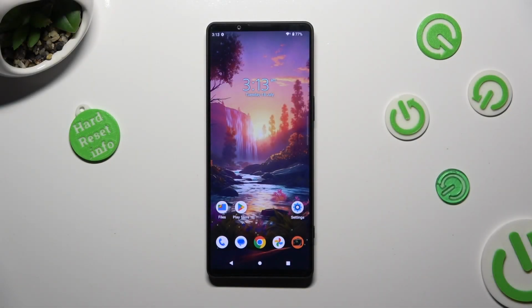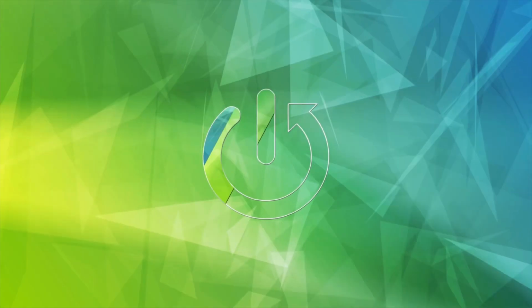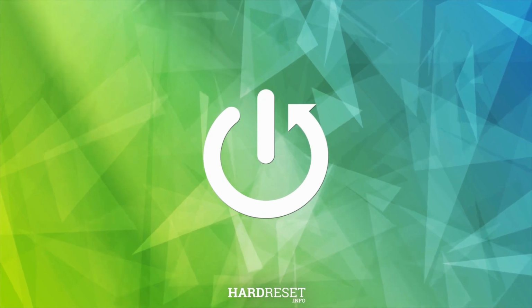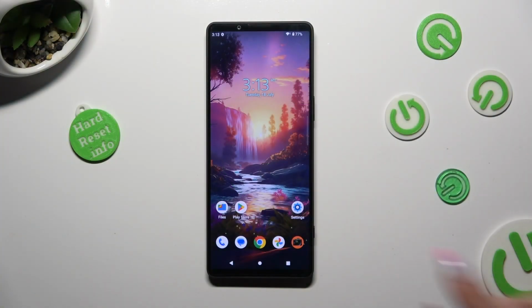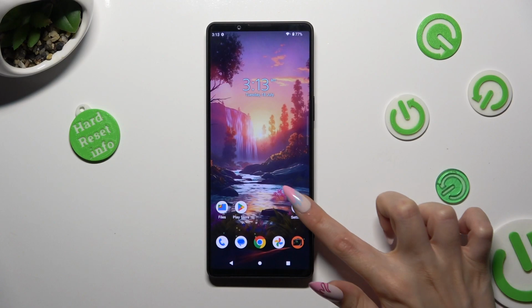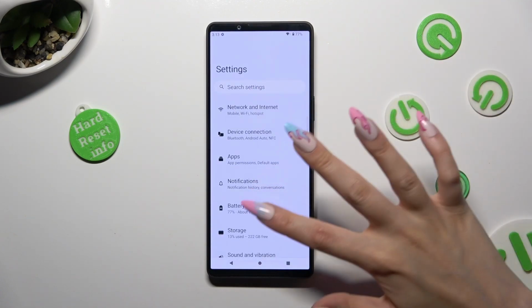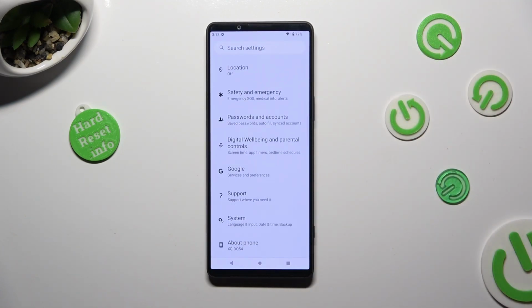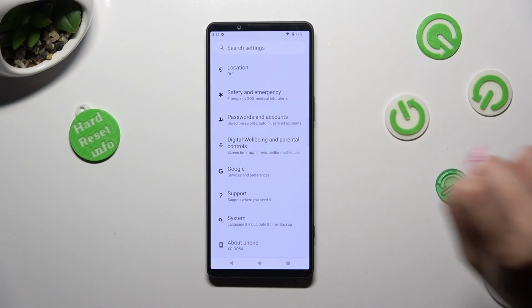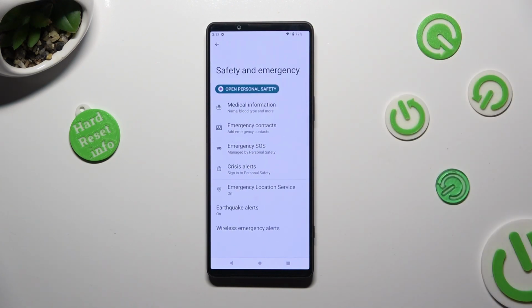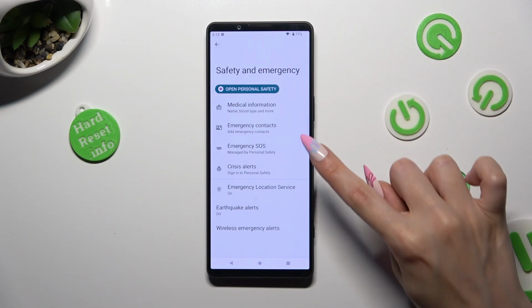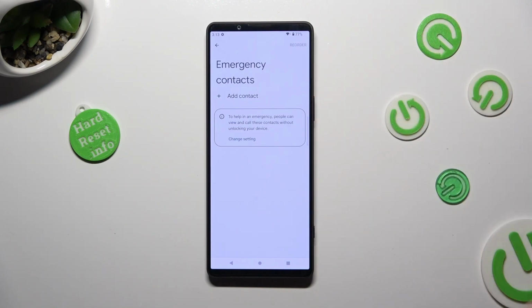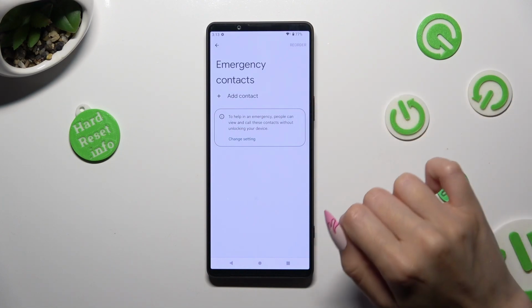In front of me is Sony Xperia 1 Mark V, and today I would like to show you how you can add emergency contacts on this device. You need to begin by opening Device Settings and scrolling all the way down to access Safety and Emergency. Then tap on Emergency Contacts